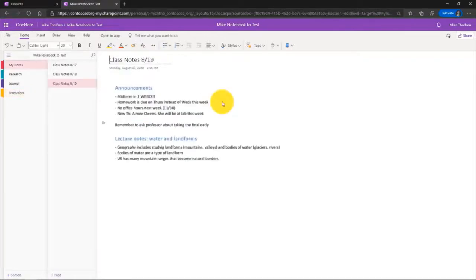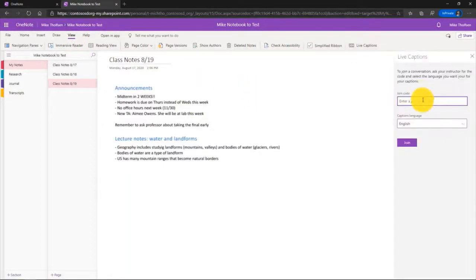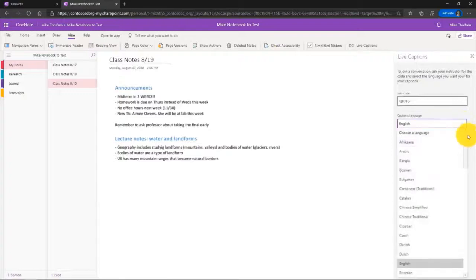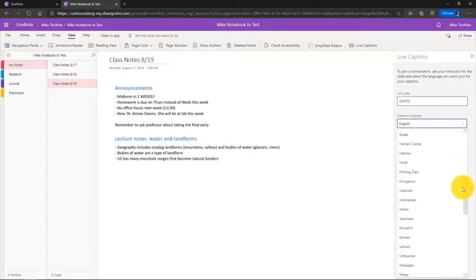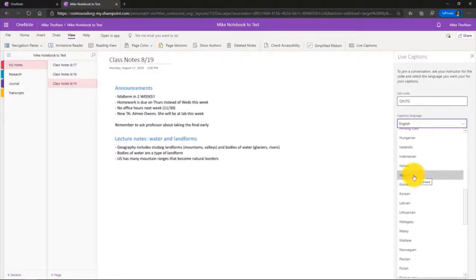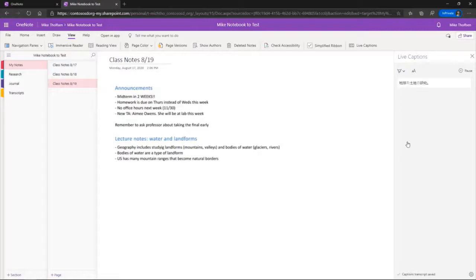Now I'll briefly show using live captions using a different language. So again, on the View tab, way over on the right, I click Live Captions, and I'll enter my join code. And this time I'm going to choose a different language. There's all these different languages here. And the language that I choose in this case is going to be Japanese. And I'll click Join. Now you can see the Japanese characters coming through,